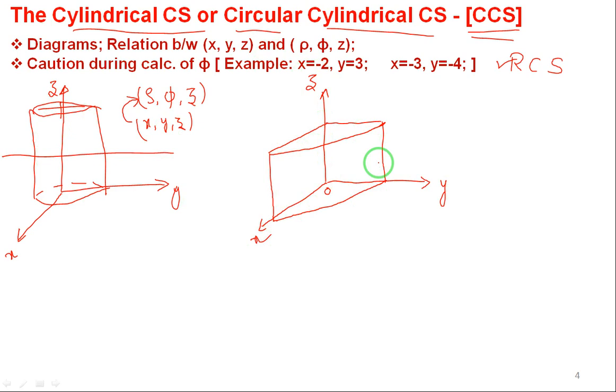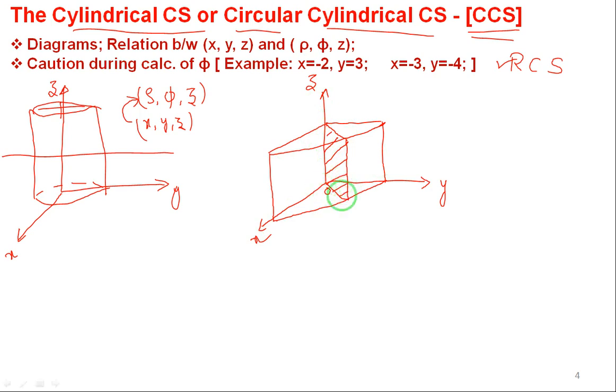This is how the shape looks if I take the cylinder, cut it into half and cut it into 4 pieces, 4 pieces above and 4 pieces below, 8 quadrants in total, and only one piece I am showing here. I hope it is clear. Here we are once again taking the help of the rectangular coordinates. X-axis is there, y-axis is there, z-axis is there, but nowhere do rho, phi, z come into the picture. I'll show you how rho, phi, z will come into the picture. Draw one line here, take the projection of this onto the xy plane and join it here. This is the plane that is formed.